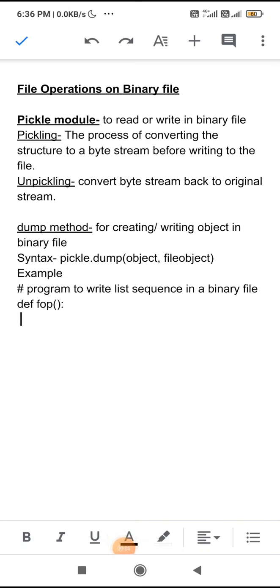Today we learn file operations on binary files. As we know, binary files have the extension .dat, and in binary files we store data in the form of bytes. The data stored in binary files are images, audios and videos, etc. So if you want to write any structure like a list or a dictionary to a binary file, or to perform read operations on a binary file,